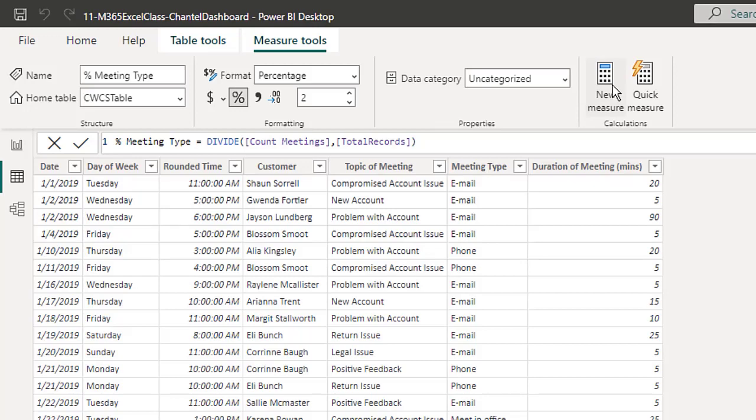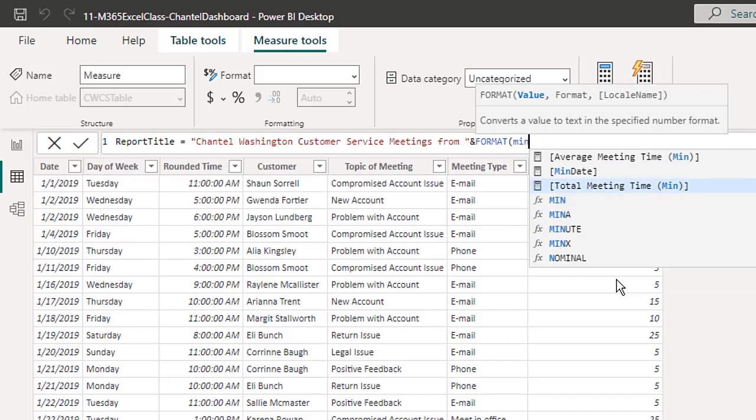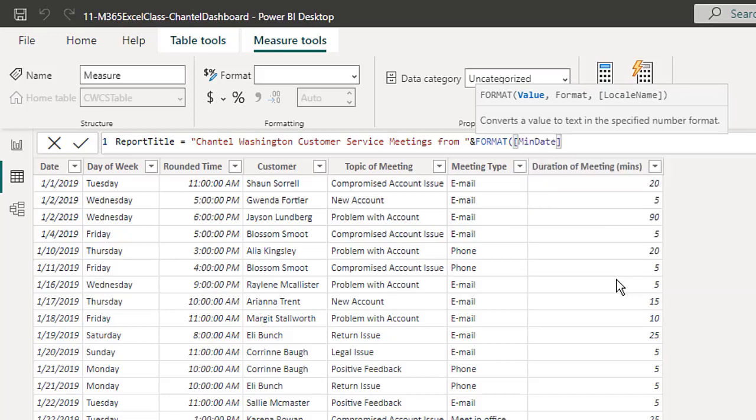And the next measure that we want, I'm going to click New Measure, will be Report Title. And just as we did over in Excel when we created a dynamic title connected to the dates, we'll do that here. So in double quotes, Chantel, Washington Customer Service Meetings from. And over in Excel, we use text. But over here, of course, the equivalent function is format. We're going to format the min. And I see it right there. That's a measure, comma, and in double quotes,